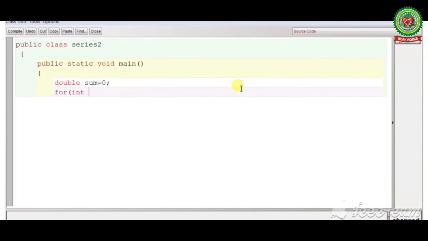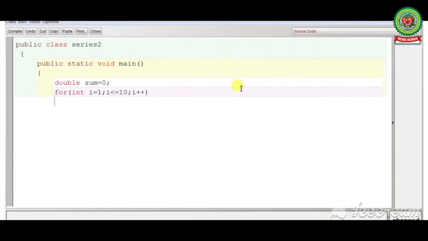for int i is equal to 1 semicolon. The initial value of i is 1. Then i less than or equal to 10, because we have to run the series up to 10 upon square root of 10. So we already know that the loop will run 10 times. That's why we have written i less than or equal to 10. Then i plus plus to increment the loop, and round bracket close.